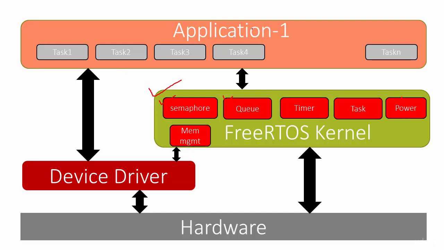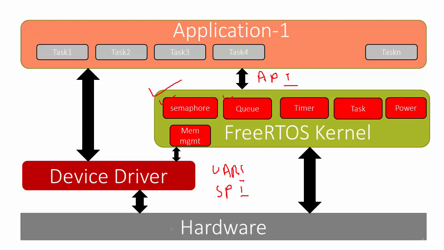A FreeRTOS application, say application 1, can have n number of tasks. Each takes care of implementing some functionality, and the application uses the FreeRTOS API to use its kernel services. After that, FreeRTOS talks to your device drivers like the UART driver, SPI driver, etc., to talk to the hardware. The hardware usually consists of lots of